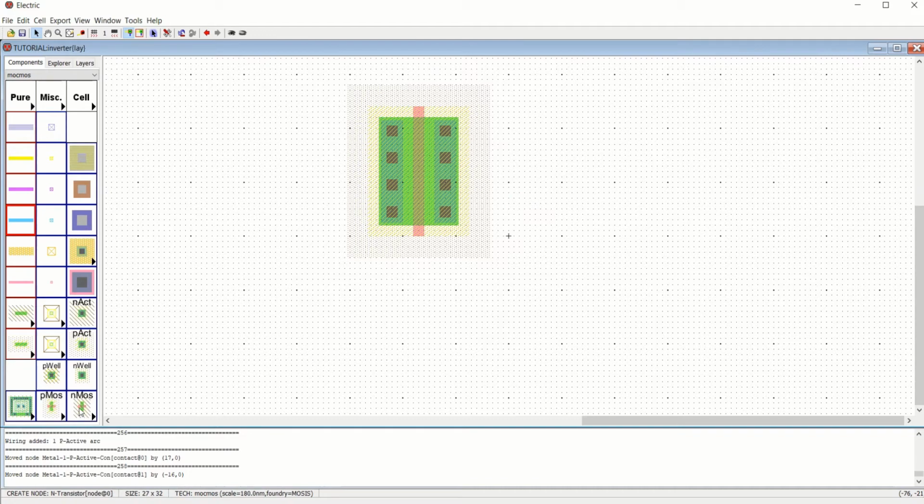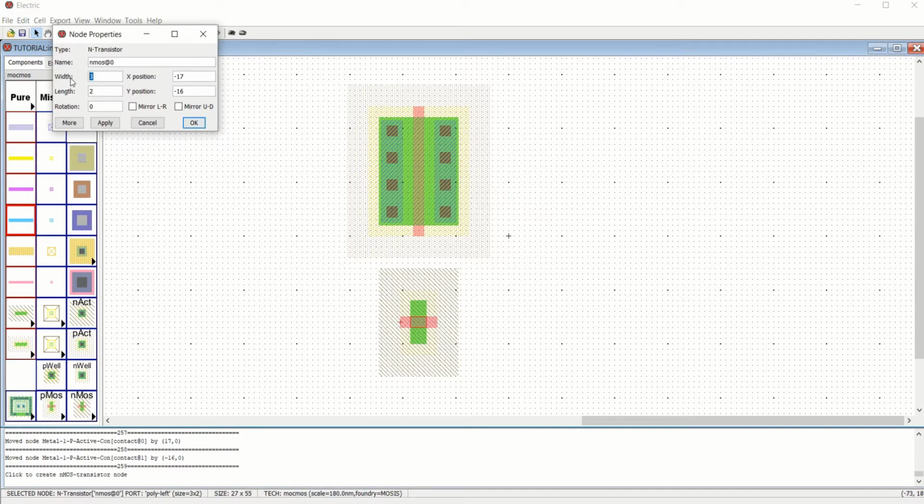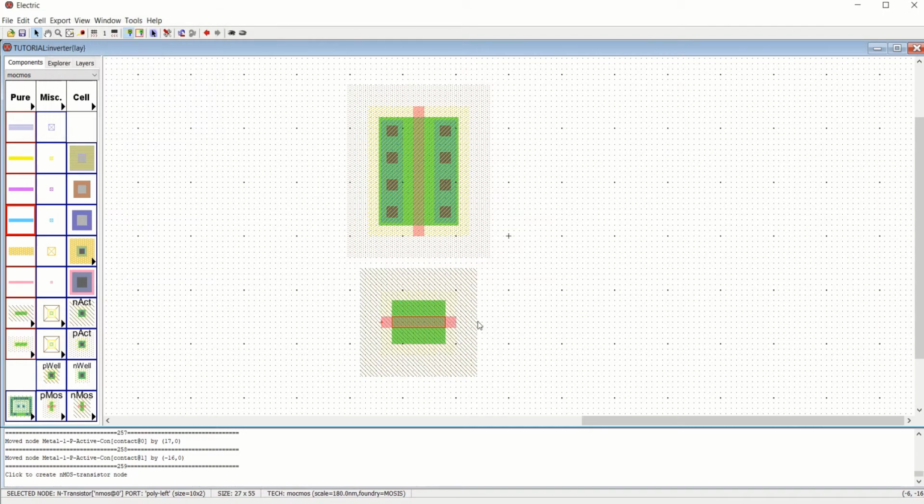Similarly, you have to place the NMOS at the bottom, whose width is 10. Use Ctrl J for rotation. Now try to align this so that they are connected together, or else it will give you errors; fabrication errors will be given.